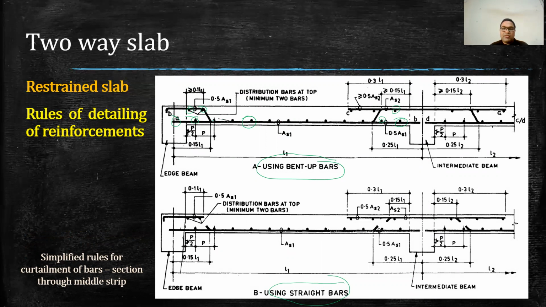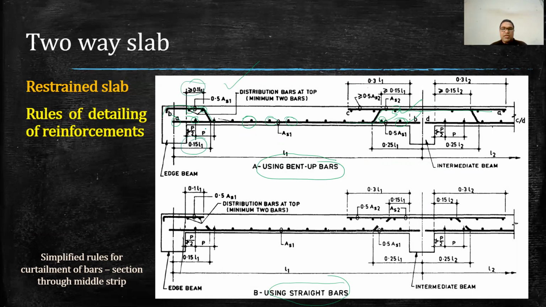bottom, and what we do sometimes is we alternately bend up these bars. Similarly here also we alternately bend up these bars like this. So this one is the distribution reinforcement, and in the middle you are seeing these are the main reinforcement. So generally we will be adopting this detailing for the reinforcement in our slab. All the values are given here.